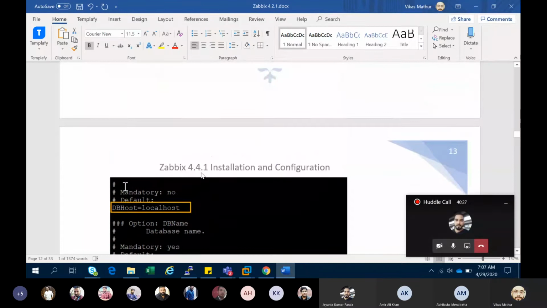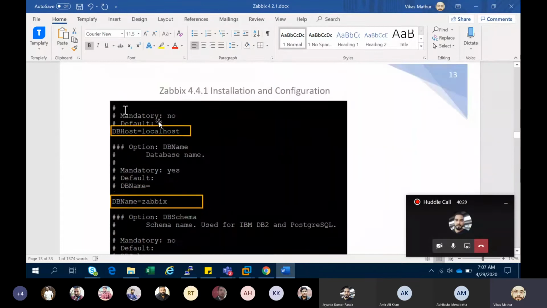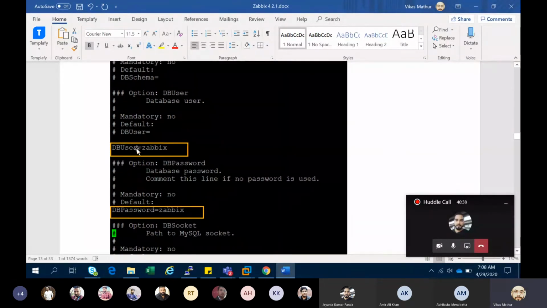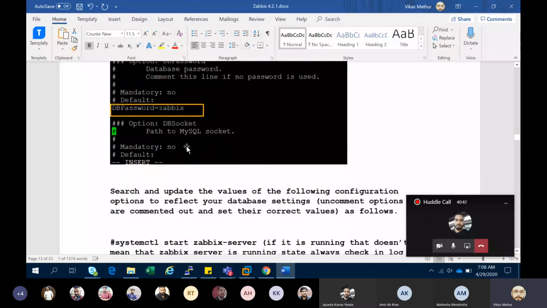You see, the same configuration part comes up, where the localhost, your DB name, DB user and DB password are changed. This is the same thing you have to do.